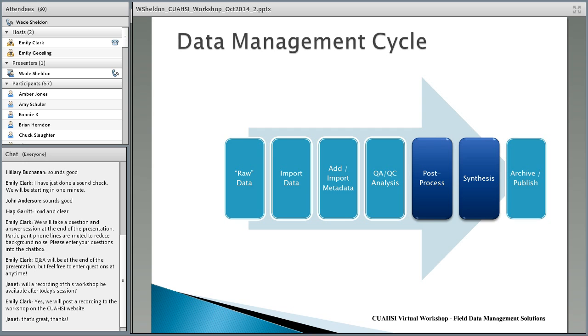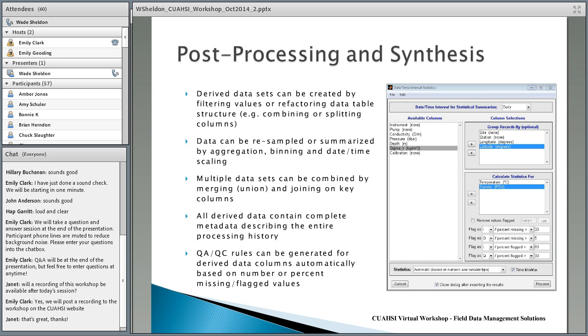As you go forward, you need to analyze data and look at ways to work with it, and you maybe integrate it with some other observations. And so the toolbox comes with a very broad suite of post-processing and synthesis tools. I won't go through a lot of them here, but I wanted to just mention a few of them. For example, you can easily generate derived data sets just by filtering values or refactoring data tables based on your needs. Once you've brought in data from the sensor, you can also resample the summarized data using aggregation, binning, or